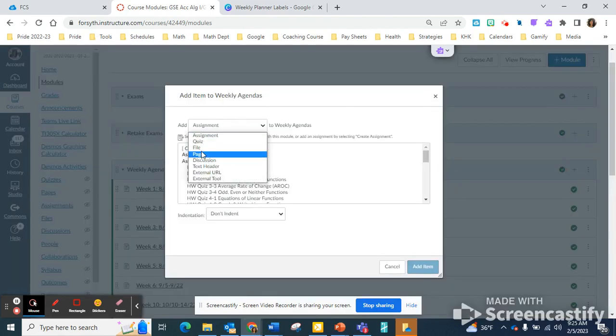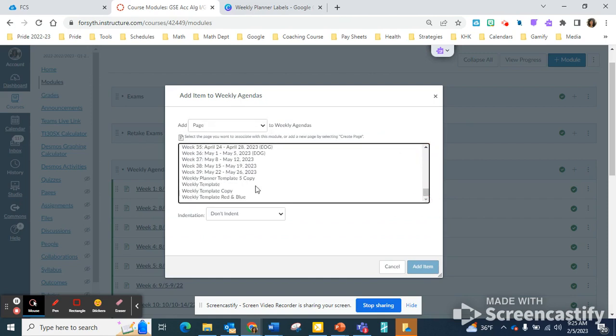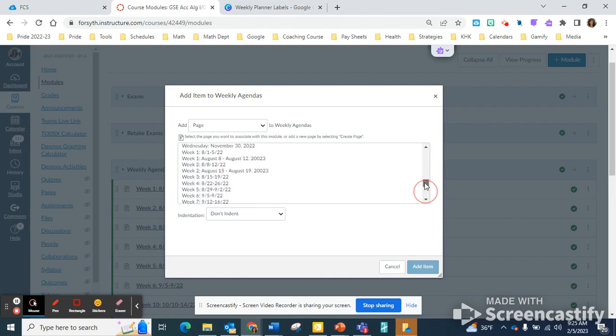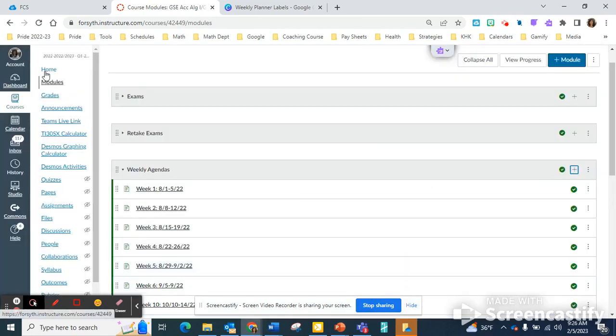I like this because you can just upload all of them at once, so they were pages, and then you can just copy these. And these are the ones that I just made up. And you can upload them all at one time, so that is nice. I'm not actually going to add them since this is just a demo. And then once we get all those loaded